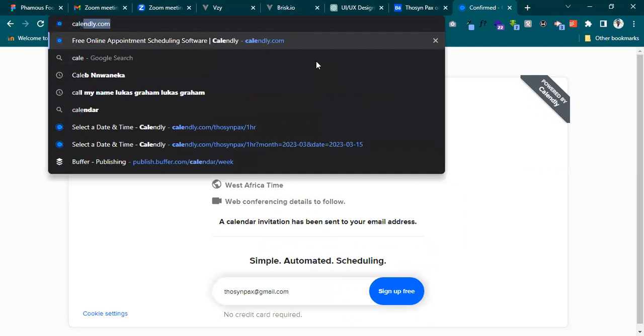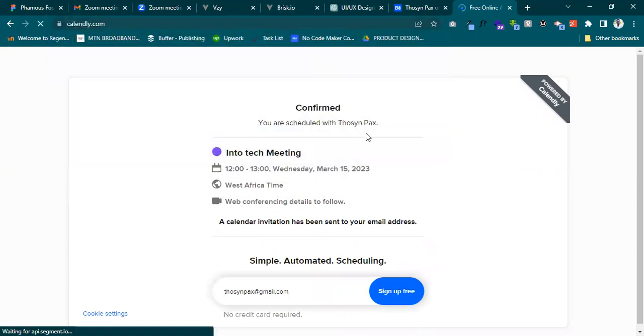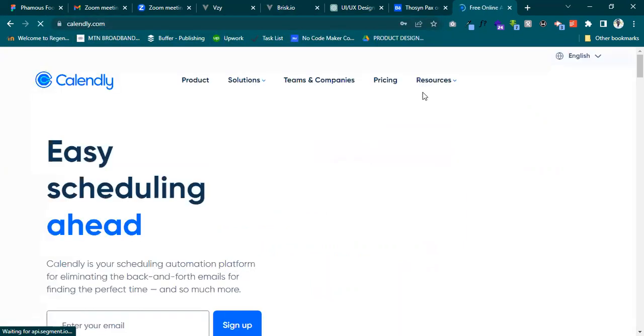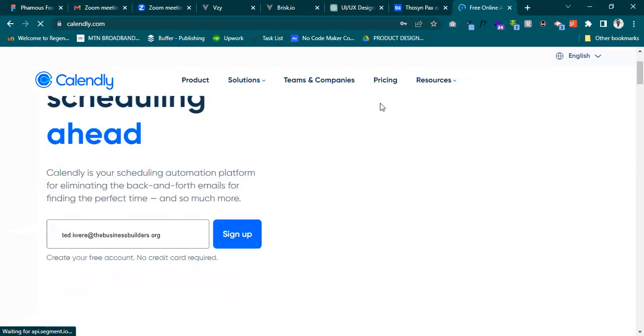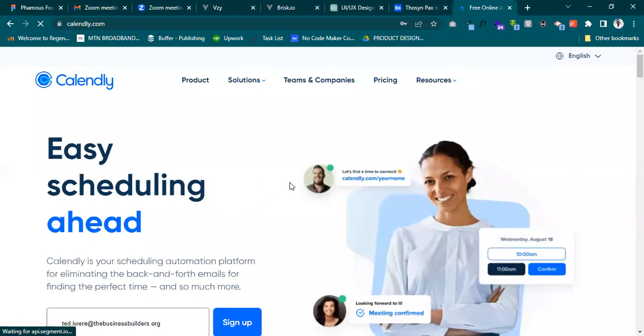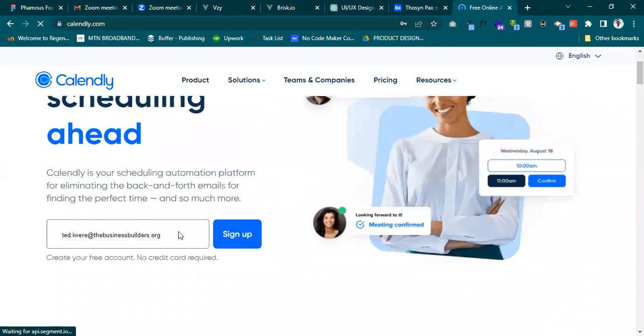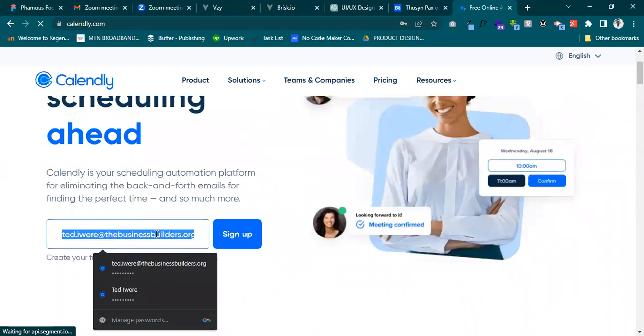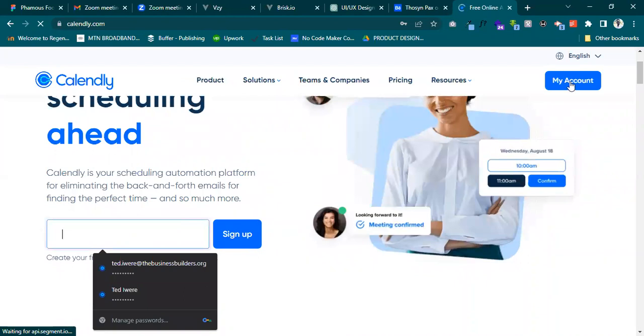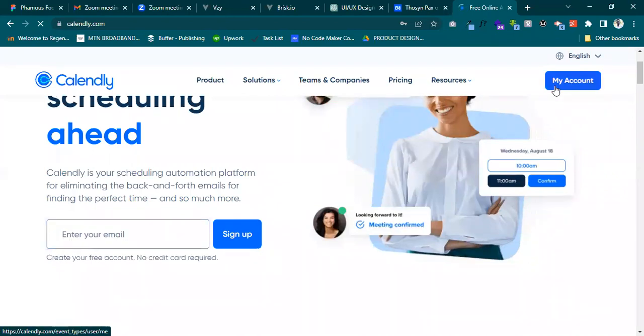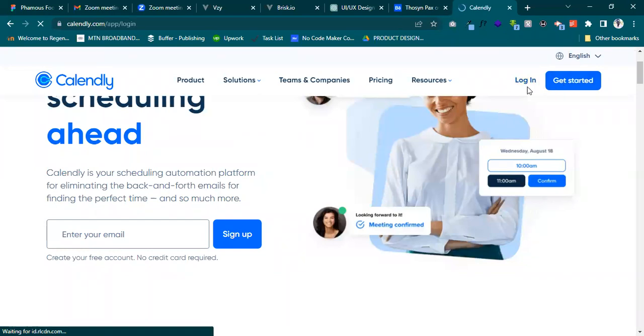So how do you create yours? Just come to calendly.com and create a profile. Just type in your email. I already have an account on it actually. So just type in an email and sign up. You can easily use your Gmail to access it. You can do get started. Just go in. Once you're in,